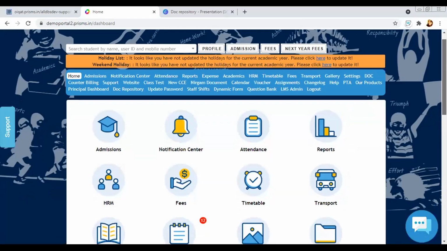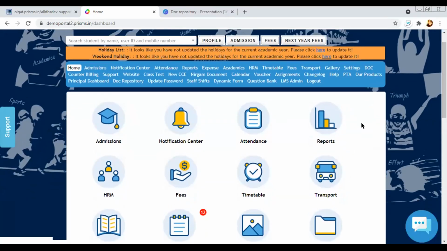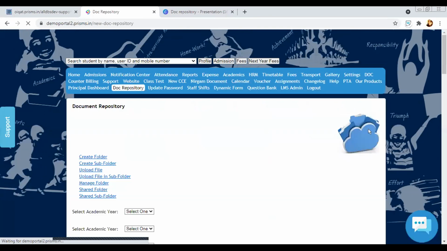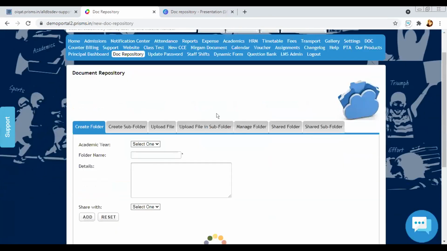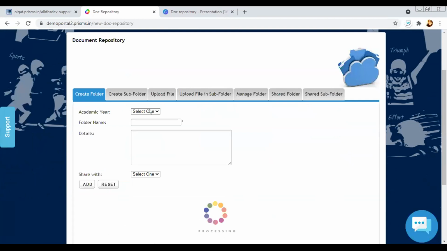For that, you have to log into your portal using your admin access. Once you log into your portal, you have to go to the document repository. In the document repository, select the academic year.